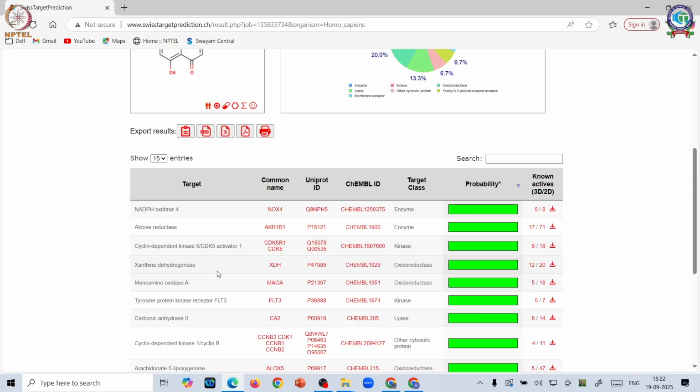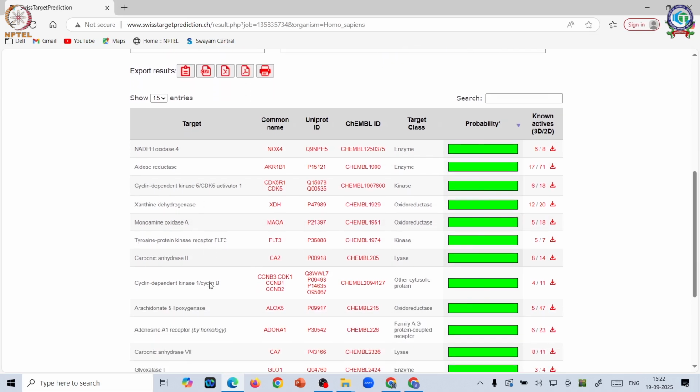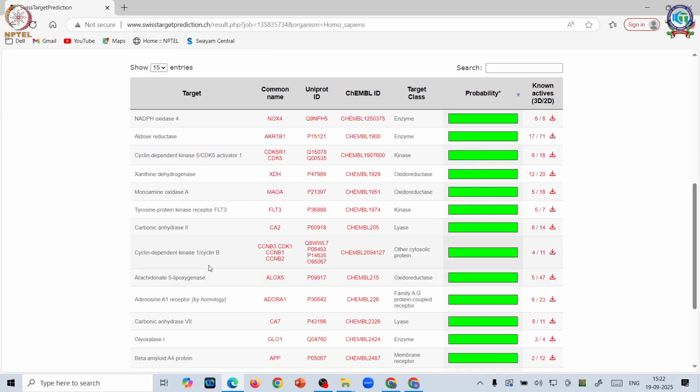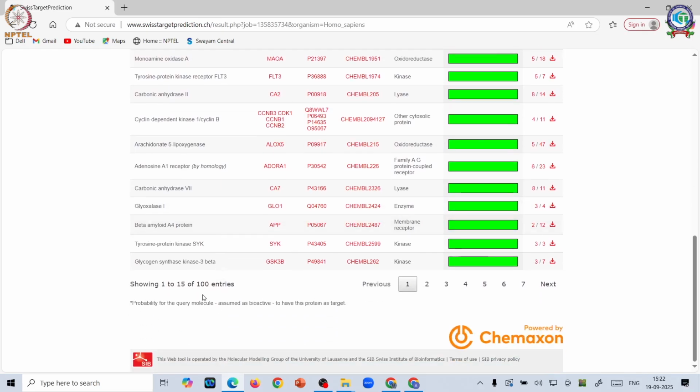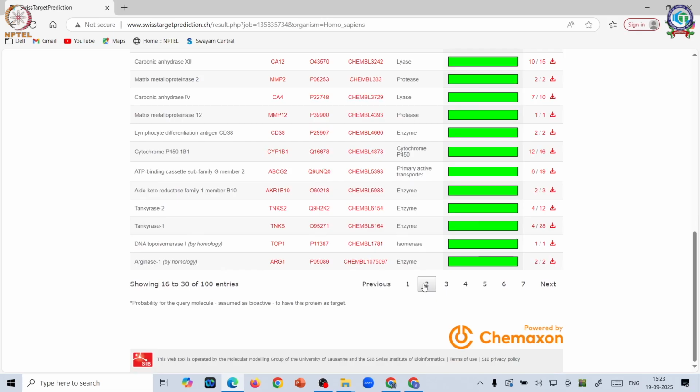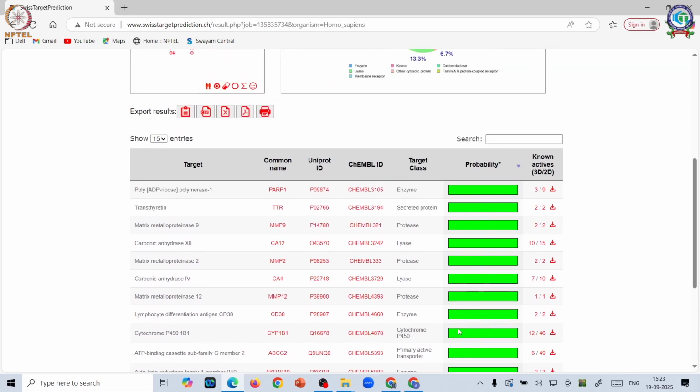Wherever a disease involves these kinds of enzymes, because they interact with quercetin, there is a good possibility that this drug, especially quercetin, will interact with these enzymes and bring about the pharmacodynamic effect. You can see about 100 such interactions with different enzymes have been brought in. The limitation is that you can definitely predict the interaction, but the intensity, dose or amount of interaction cannot be seen here.